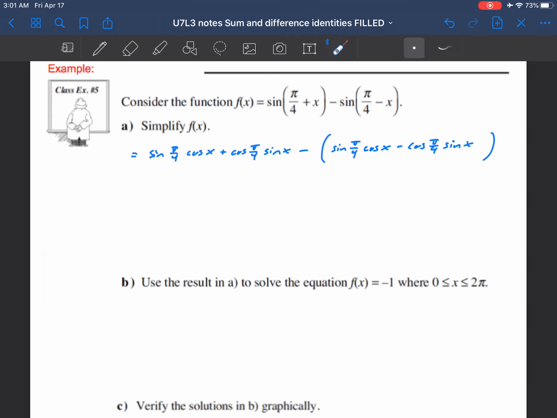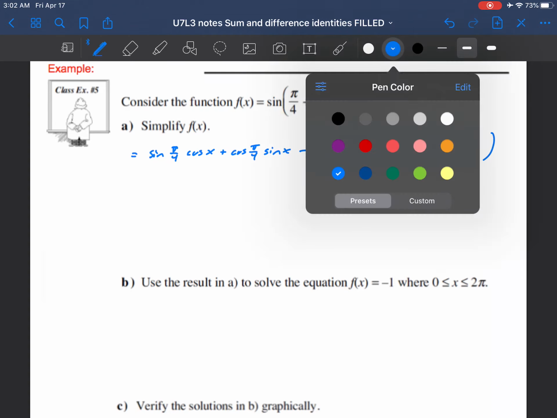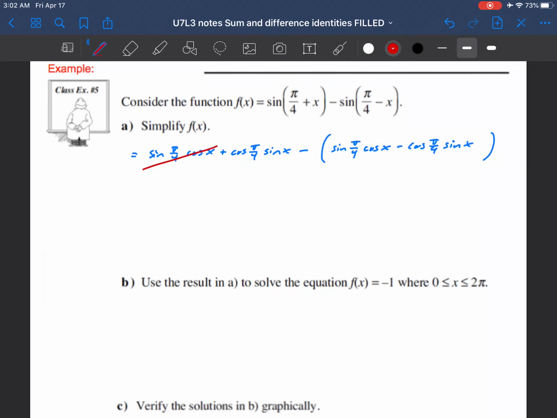Okay, so when we distribute this negative, that goes to this, and then this becomes plus. So look at this, I've got cos pi over 4 sine x twice, and I've got sine pi over 4 cosine x twice. So these are going to cancel, right? Let's get a red here to cancel. So this and this go away,